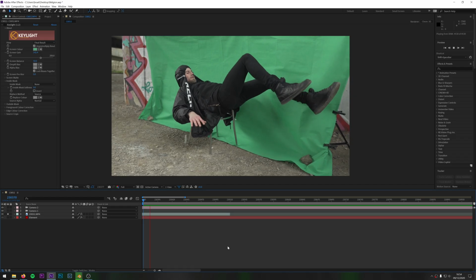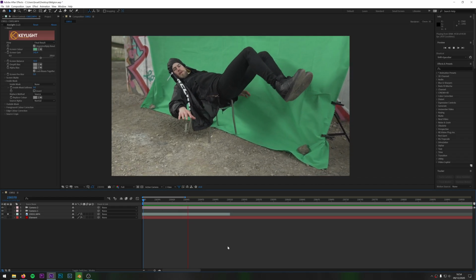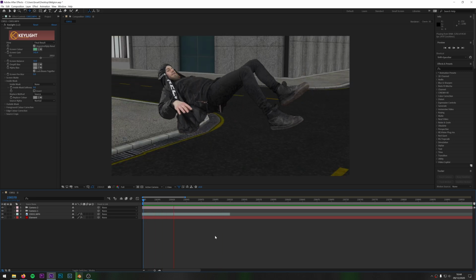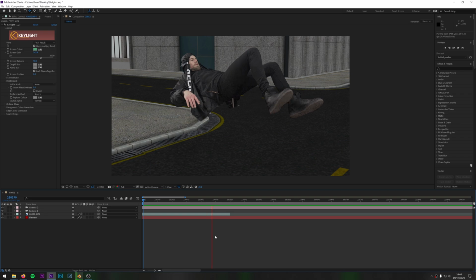I mean, this is quite self-explanatory, but there's some really important things in here. As I'm going to key myself out and stick myself on top of a building, I can't have any camera movement or camera shake in the video. If you do, then you'll get some very weird floating effect when you put that footage on top of an object in a 3D scene, as the position of the floor in the video clip will keep moving with the camera movement that you shot it with.